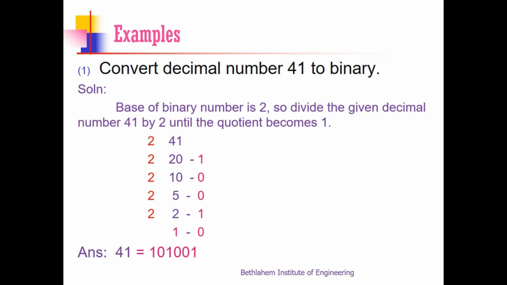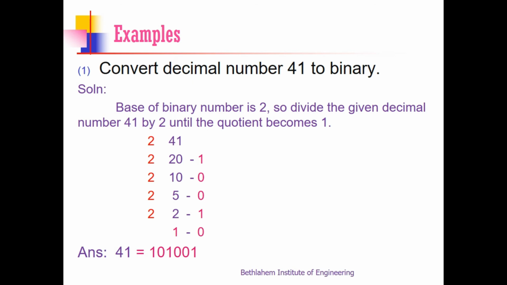The procedure to convert the integer part to binary, or the integer part to any other number system, is the division method. So you first write the given number and divide by 2. Why are we dividing by 2? We are asked to convert to binary. The base of binary is 2, so we are dividing by 2. We have to divide and write the remainder like this and the quotient like this. And you have to continue the division till you can't divide further. Then you have to write the answer from bottom to top like this.